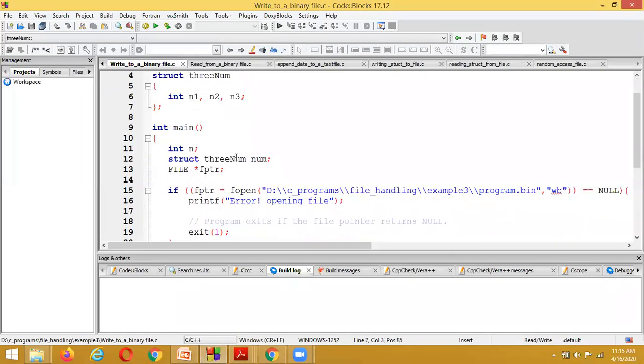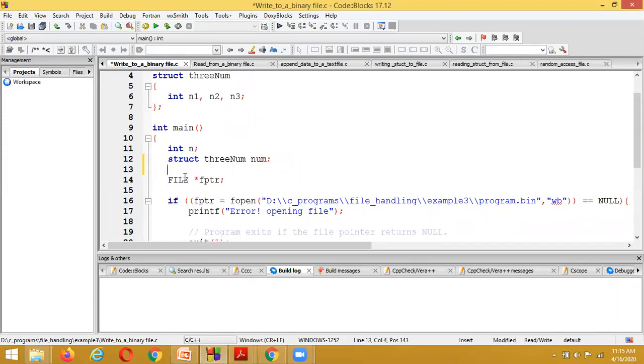And inside the main method, what are the things we are declaring here? In every file handling program, a file pointer variable is mandatory. That's why we are declaring a file pointer variable of type FILE.